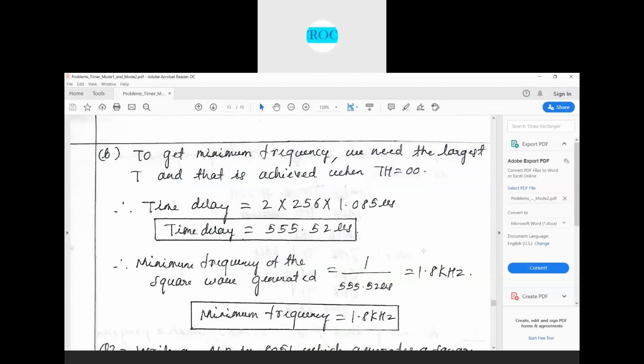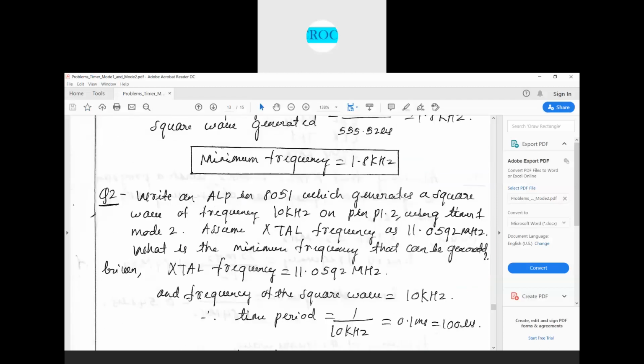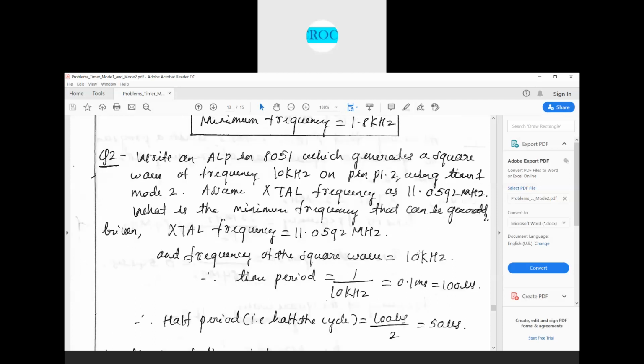We got it as 555.52 microseconds. Next, what you need to do? Next, we'll go to the next problem. Write an ALP in 8051, which generates a square wave of frequency 10 kHz on pin P1.2 using timer 1